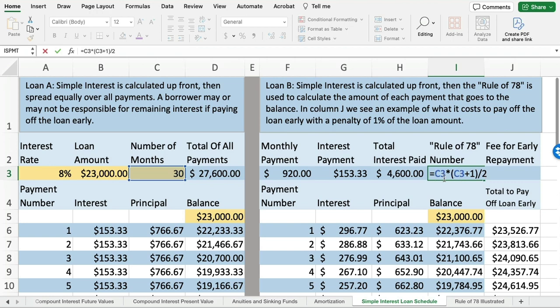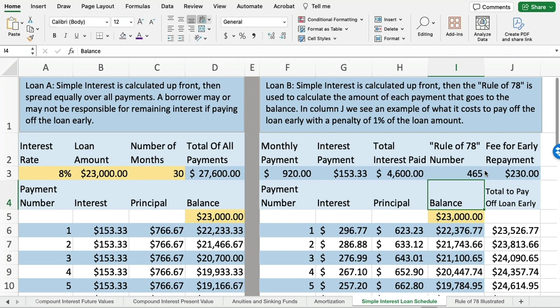Make sure that you include those parentheses around C3 plus 1, multiply the two quantities together, and then divide by 2. In this case, because there are 30 payments, our rule of 78 number is